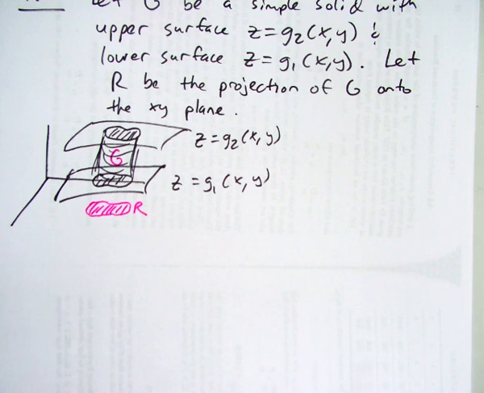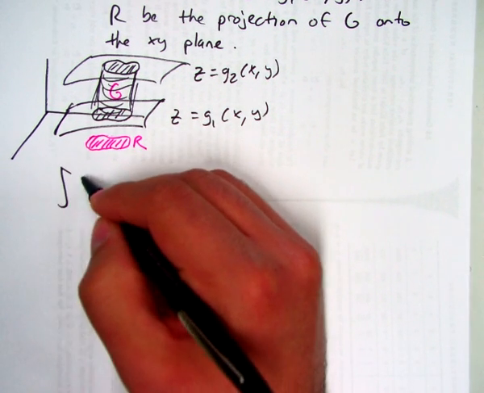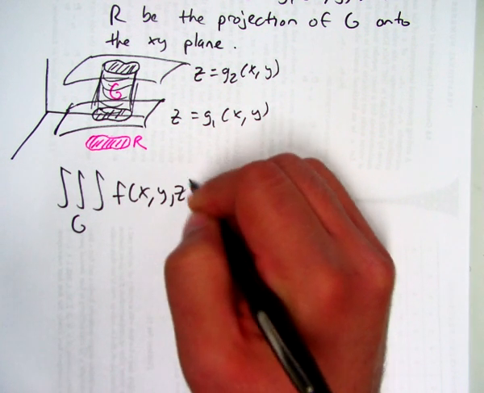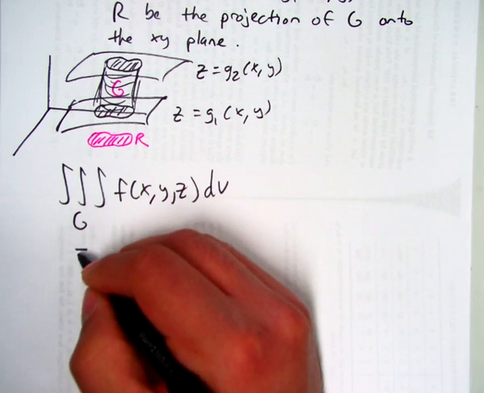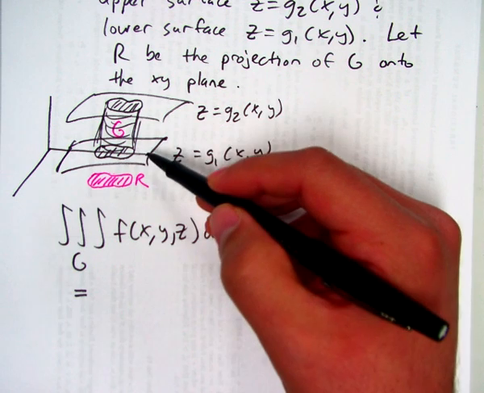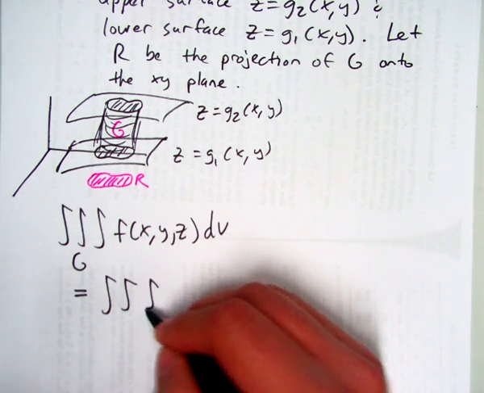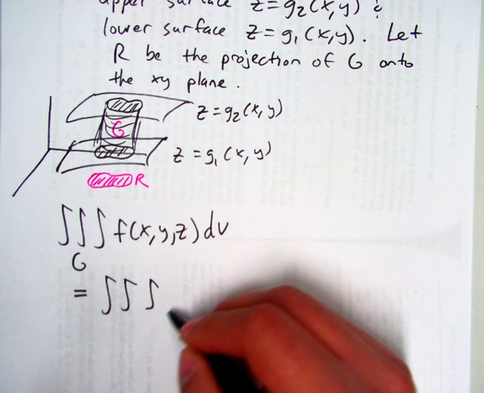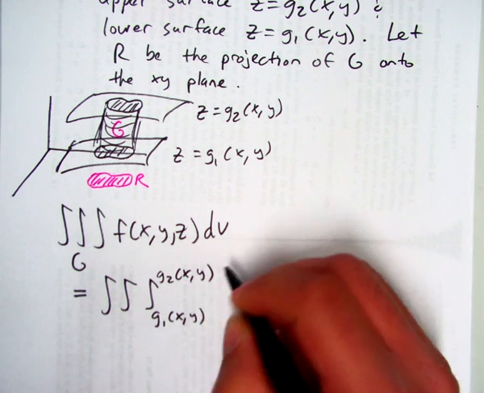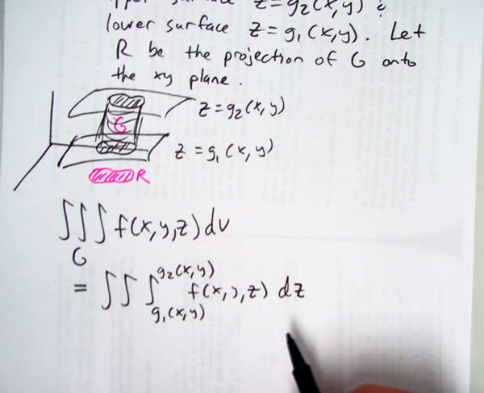Okay, so using this setup, then we're going to say that the triple integral of a function f of x, y, z, dv, will be evaluated. First, since we have clear bounds for z, lower bound for z, upper bound for z, the integral is going to be integrated from g1 of xy to g2 of xy. So we're going to go dz first,